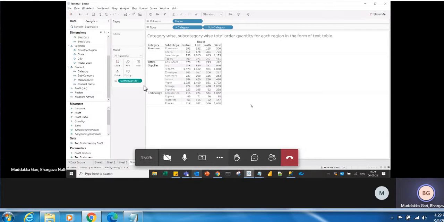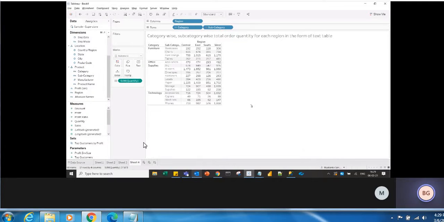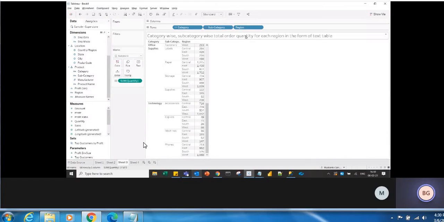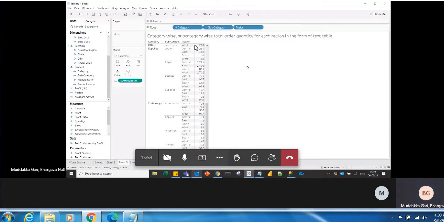But one thing here, how can we know whether it's a quantity? Because I understand that in the nested one, we can see the quantity on the header, like category, subcategory, quantity. But in this one, you cannot see it in the header. So this is nested, right? Can't we bring the quantity header on the top? Because how can the user know whether it's a quantity or a sale or a profit?